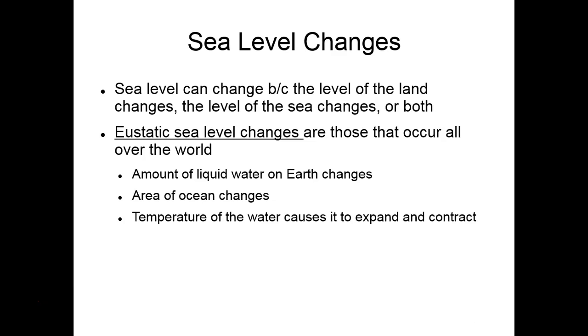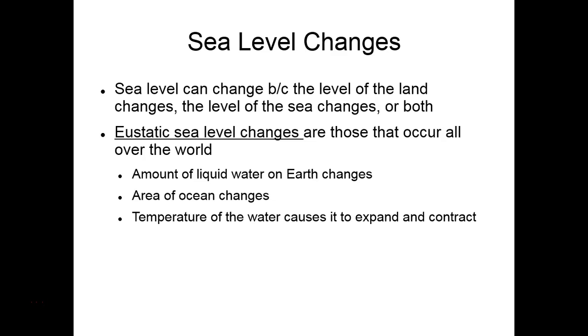Another factor that can affect the sea level on a global level is the temperature of the water, because warmer water expands, and therefore when the water is warmer, you would expect the sea level to rise globally. And colder water contracts. Therefore, if the water is globally colder on average, then you would expect the sea level